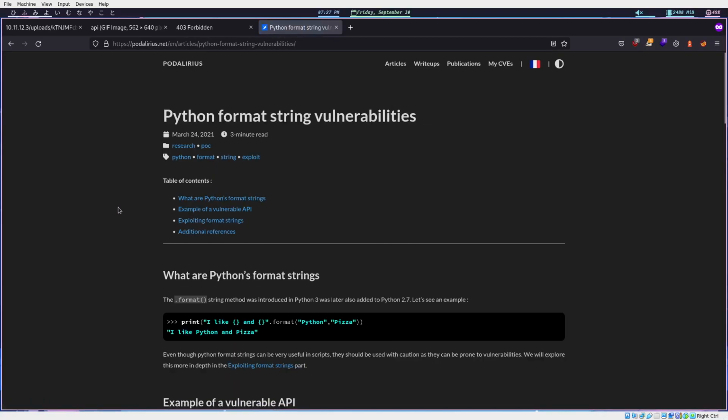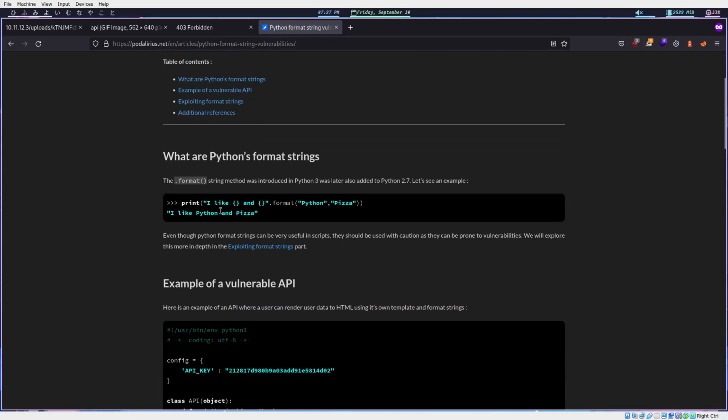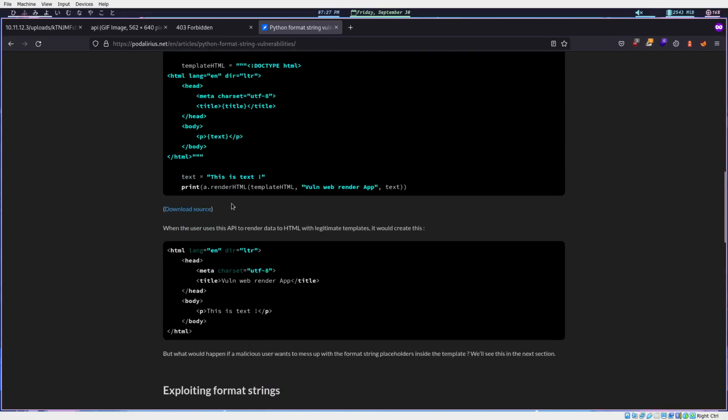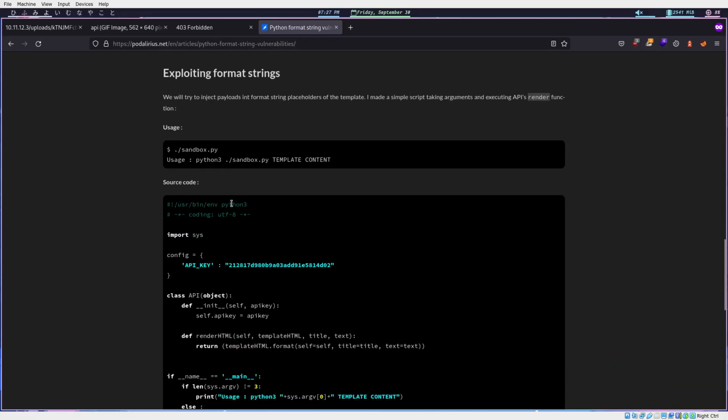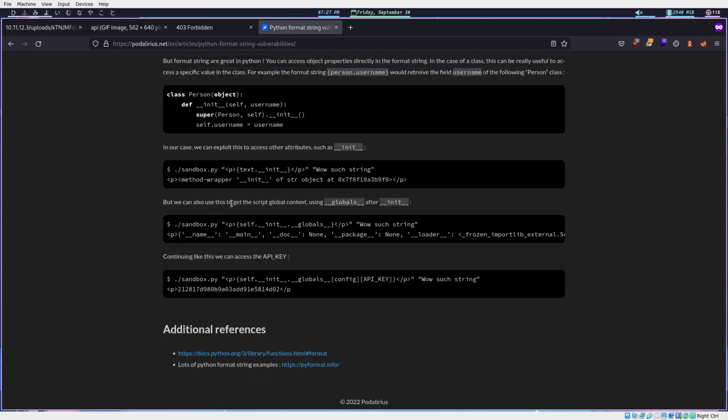Okay, there we go. Format strings, you can read this blog, but basically what happens is that if we let the user control what goes inside the template that gets formatted, we can read arbitrary variables through the globals. So as you can see,